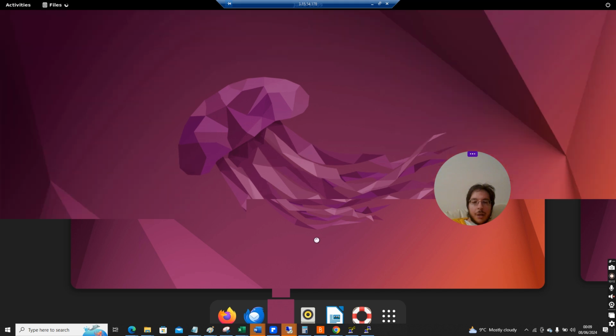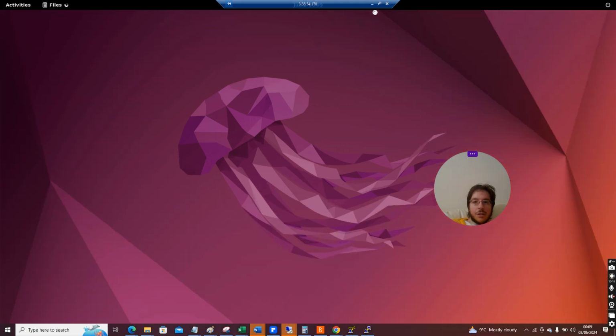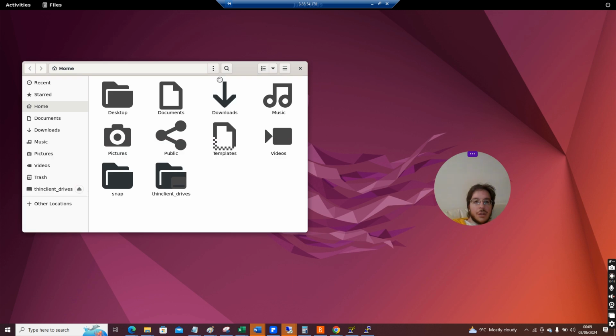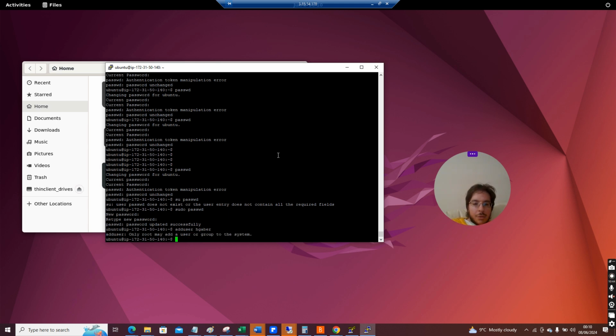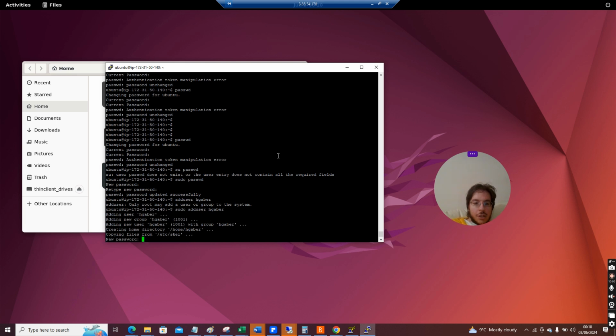So this is a very bad way of doing things. You never want to log in as root. You can create a new user. So just go back to SSH. You can just type adduser and pick a name. So I'm going to go hgaber, so you go sudo adduser hgaber. So now it's created hgaber,